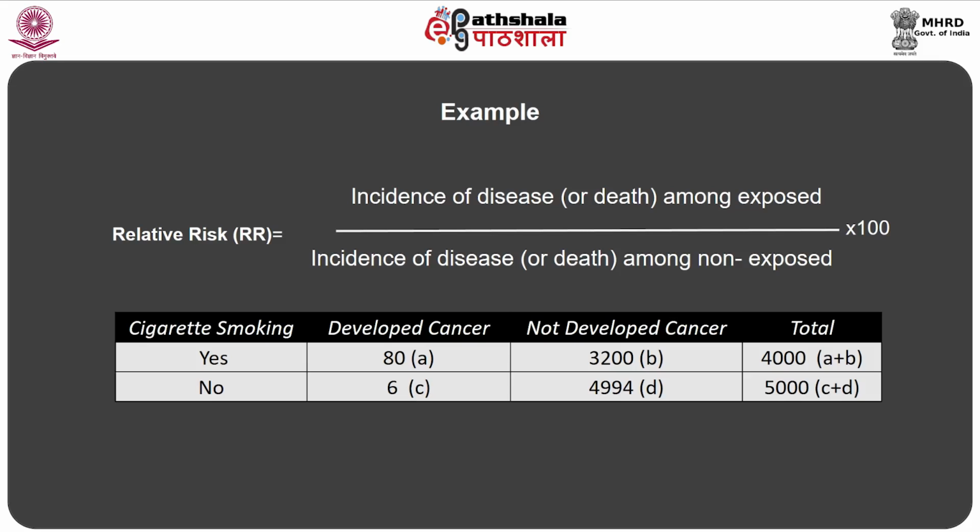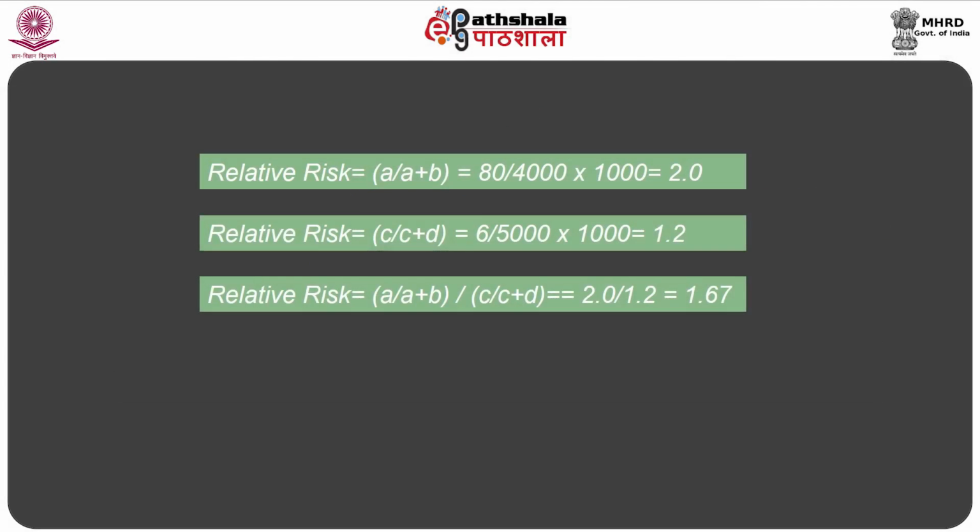Developed cancer, not developed cancer, total. 80, that is A, not developed cancer 3200 B, total 4000 A plus B. Developed cancer no 6, that is C, not developed cancer 4994, that is D, 5000 is a total C plus D. Relative risk equals A by A plus B equals 80 divided by 4000 multiplied by 1000 equals